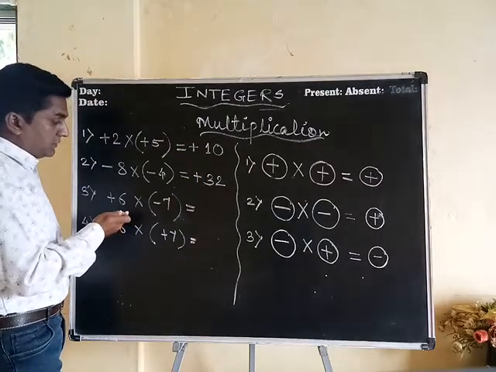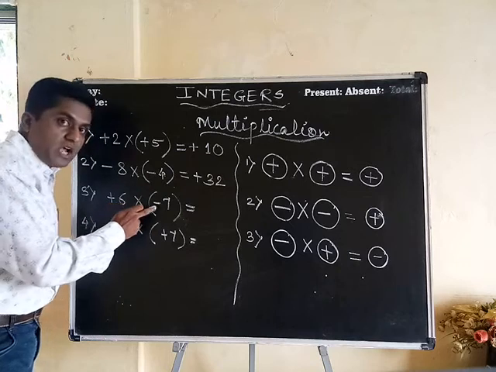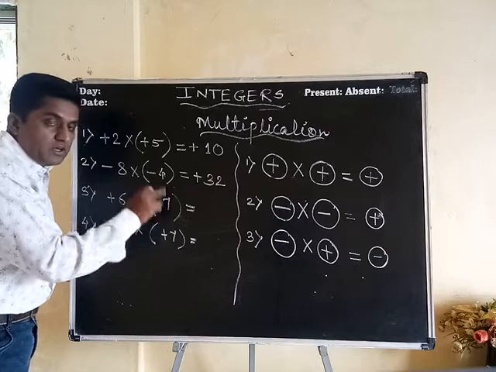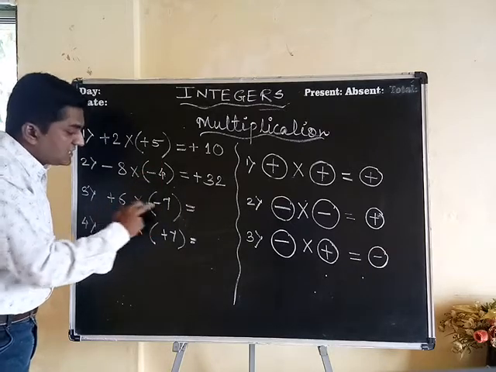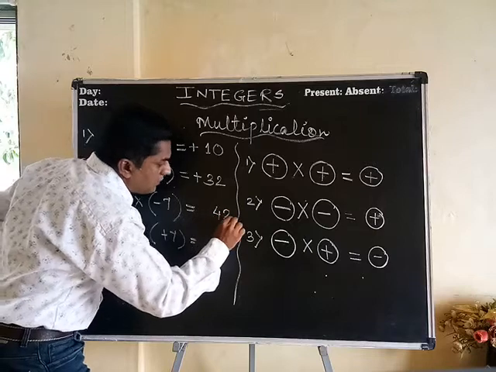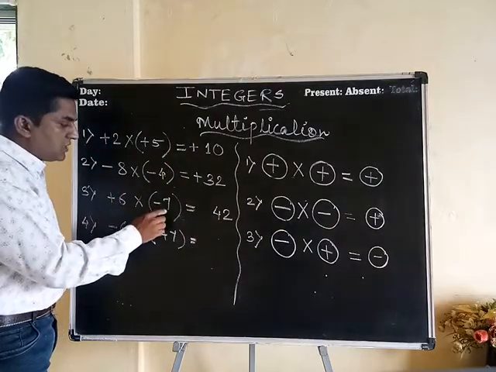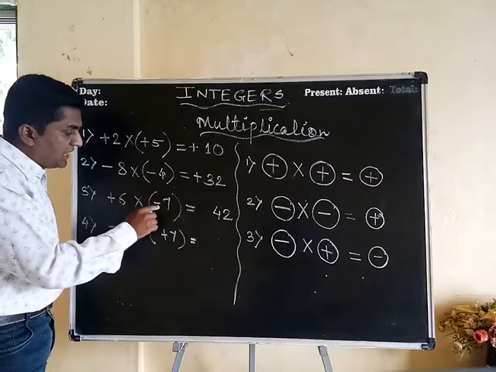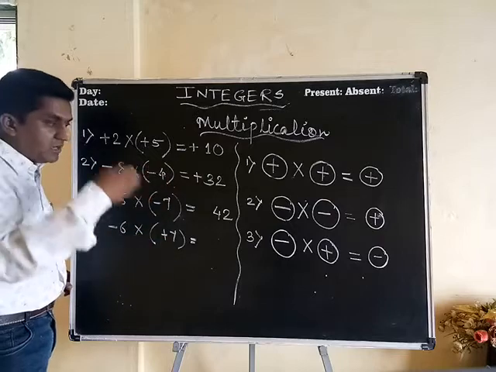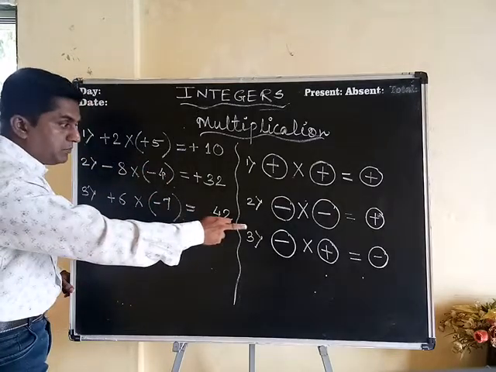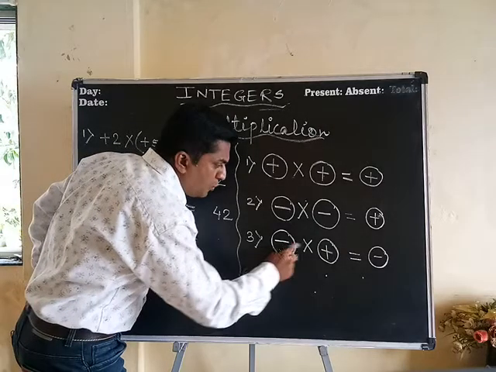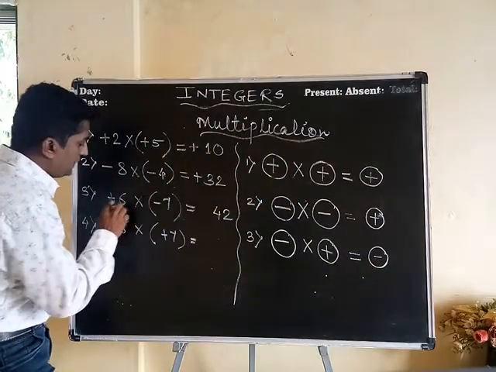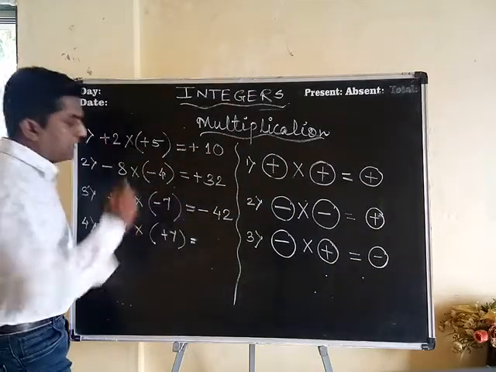Let us go on to the third one. If two numbers have opposite signs, see, positive 6 multiplied with negative 7. Hold on, multiply the numbers first. 6 7s are, yes, 42. Okay, correct. 6 7s or 7 6s are 42. But this time, the signs of 6 and 7 are completely different from each other. So what rule number 3 says: if two numbers have opposite signs, positive and negative, multiply and give a negative sign. So here positive multiplied by negative will be negative.